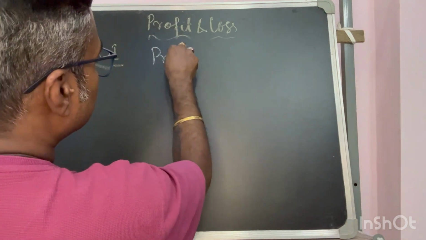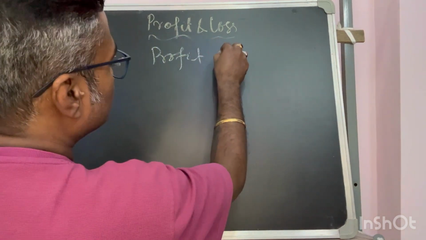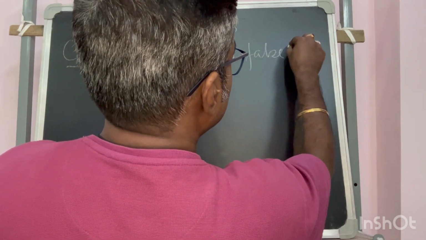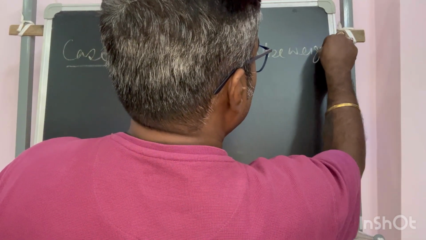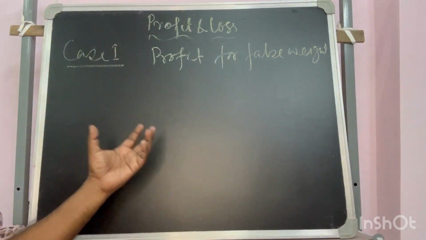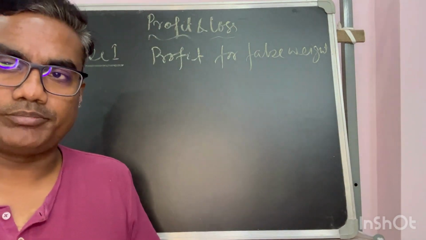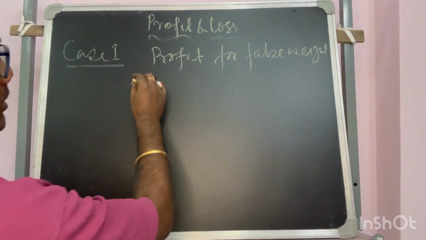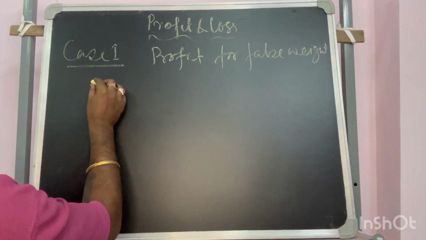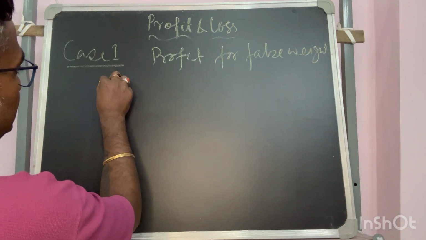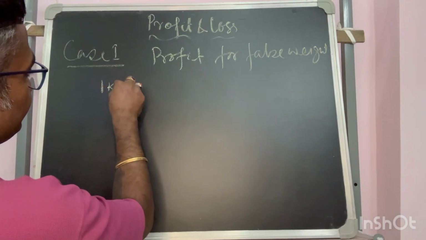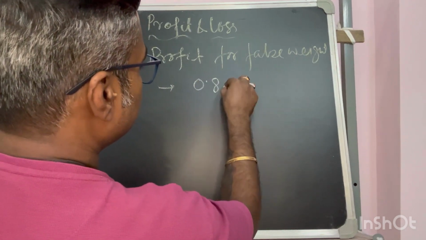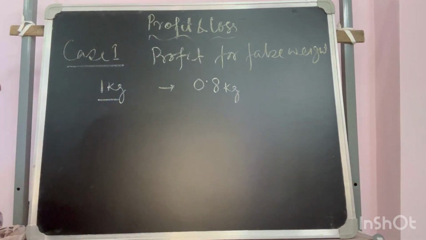Profit for false weight. So how? Because our standard weight, by which we compare the commodity and give to the buyers, can be manipulated. How? Let's say some seller, instead of a 1 kg weight, is using a 0.8 kg weight,